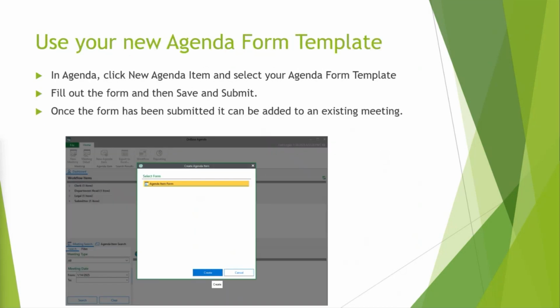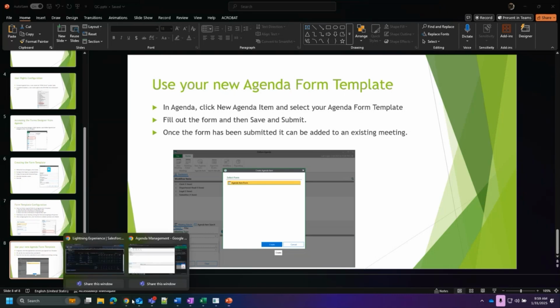Once you've created it, we can use your new agenda form template by going back to Agenda, clicking New Agenda Item, and then selecting your agenda form template. You can fill out the form, and then click Save and Submit, and it will be added as an agenda item that can be added to an existing meeting. Now I know we went over this a little fast, so let's go ahead and take a look at this